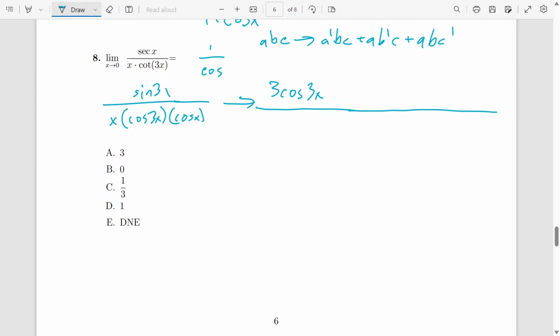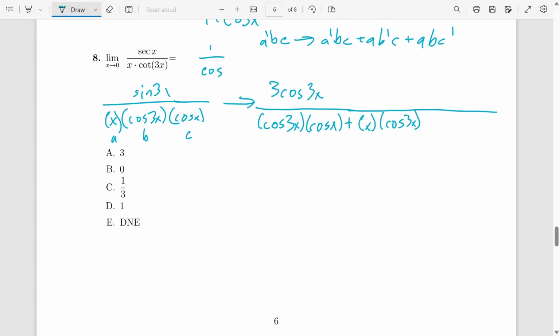Phew. So let's do this. We have a, b, and c. Cool. So a prime x, that's just 1, so cosine 3x times cosine x